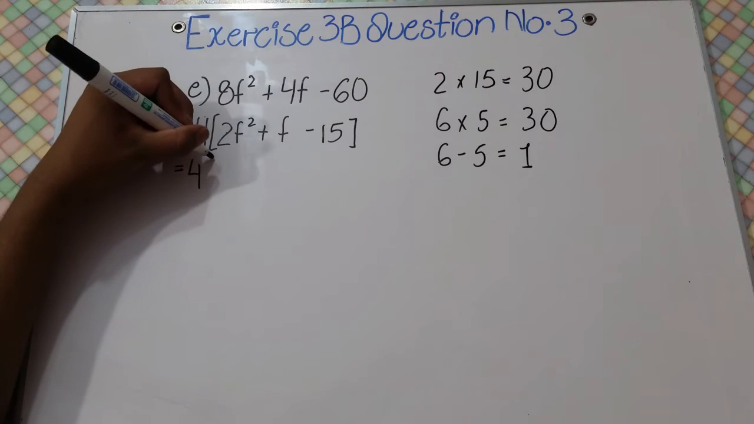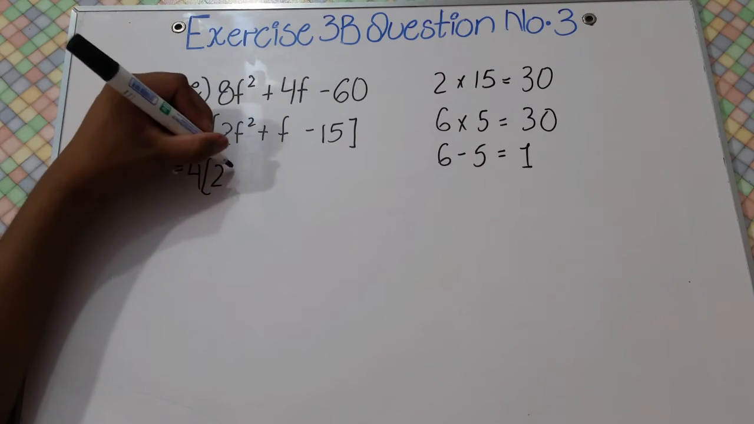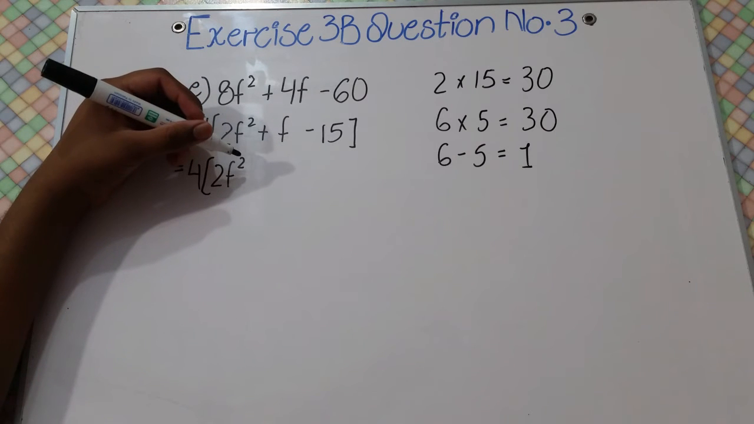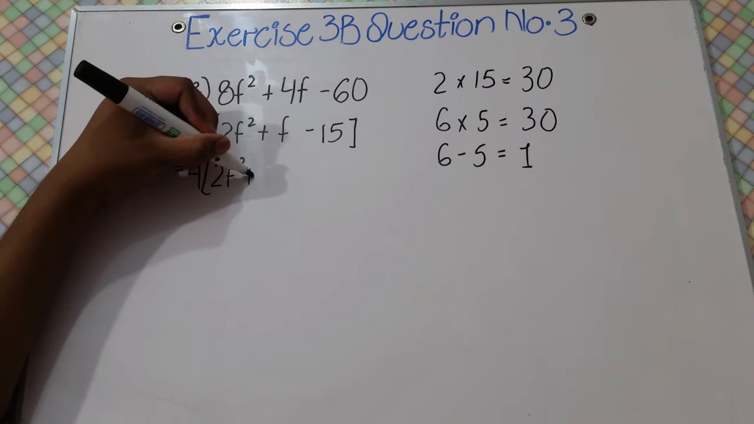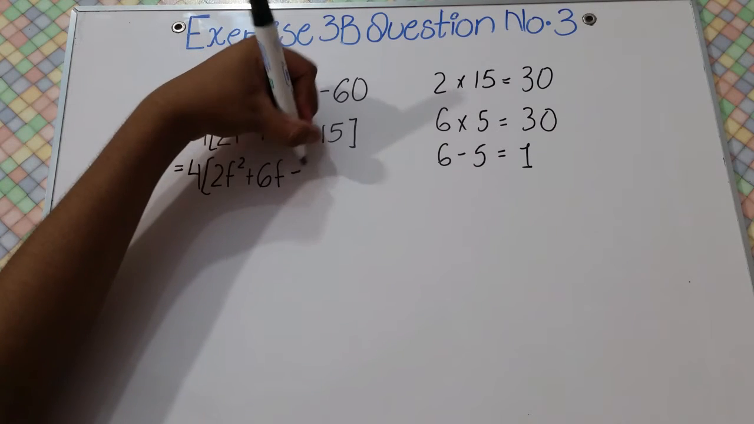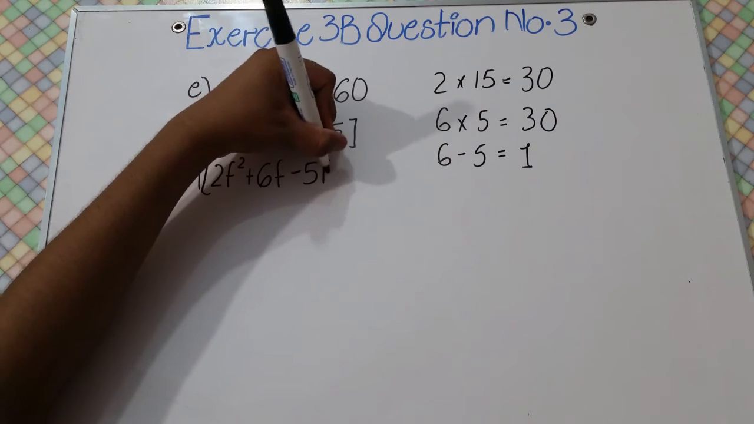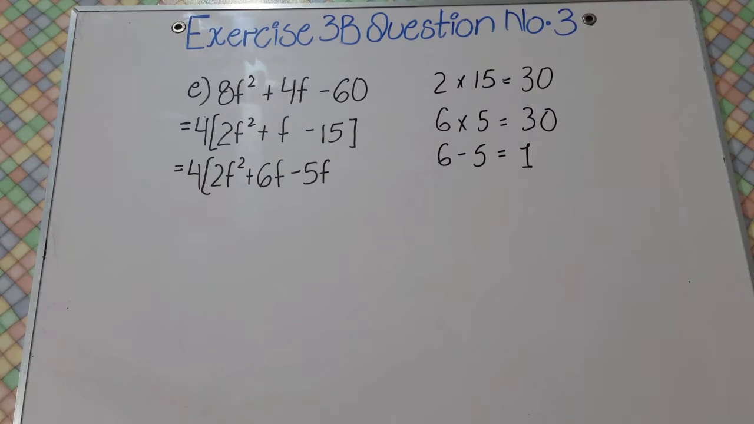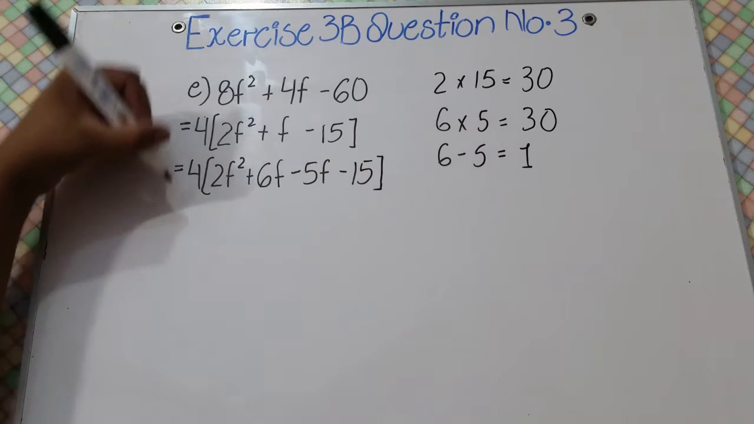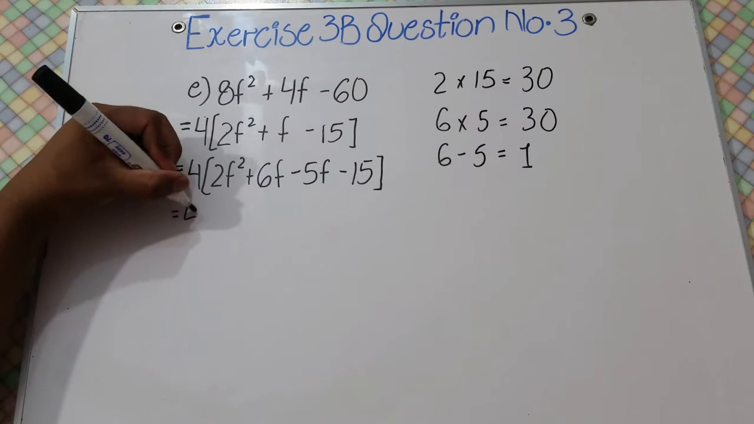So we have found the middle term. So 2f square plus 6f and minus 5f, then minus 5f and minus 15, bracket close. Now,